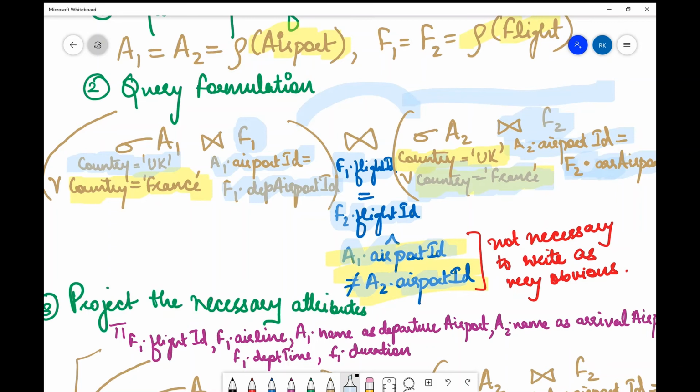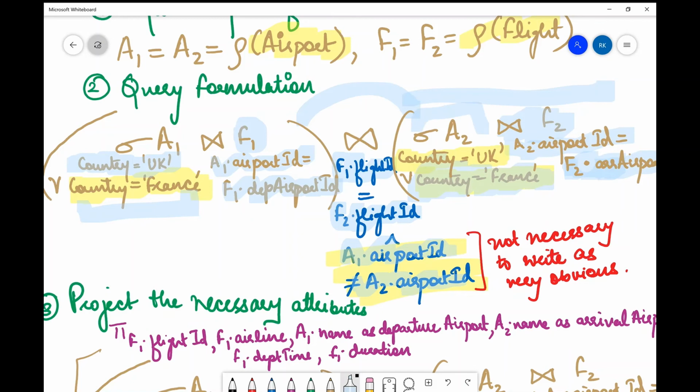Now, similarly, if I need all the flights which are departing from France and arriving at UK, what will I do? I'll just add this yellow part of the query, which is the or condition: select all the airports with country equals to France over here, and all the airports with country equals to UK over here, right?